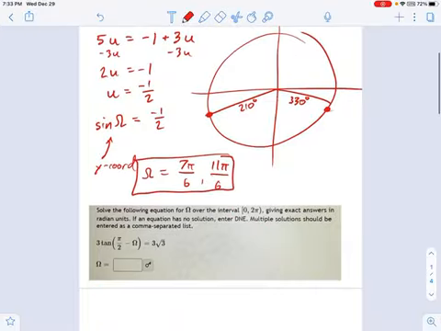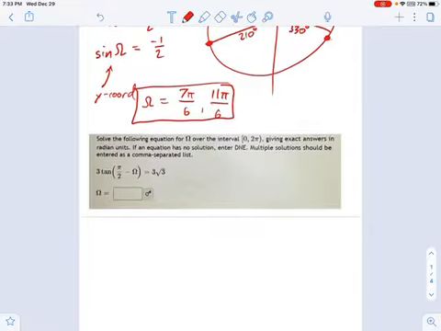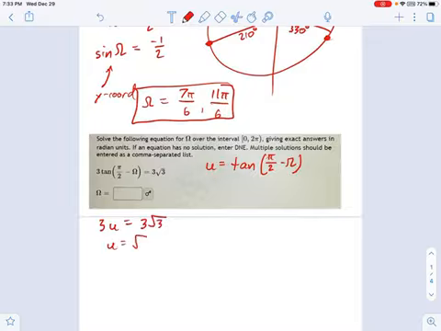All right, so that's an example of a fairly straightforward one. This next one looks a little more complicated because the angle is all janky. But just think about it as u, okay? U equals tangent of some angle, and this angle happens to be called pi over 2 minus omega. Fine. So when you rewrite the equation, you see it's pretty simple. 3u equals 3 square root 3. So that means u equals square root 3,